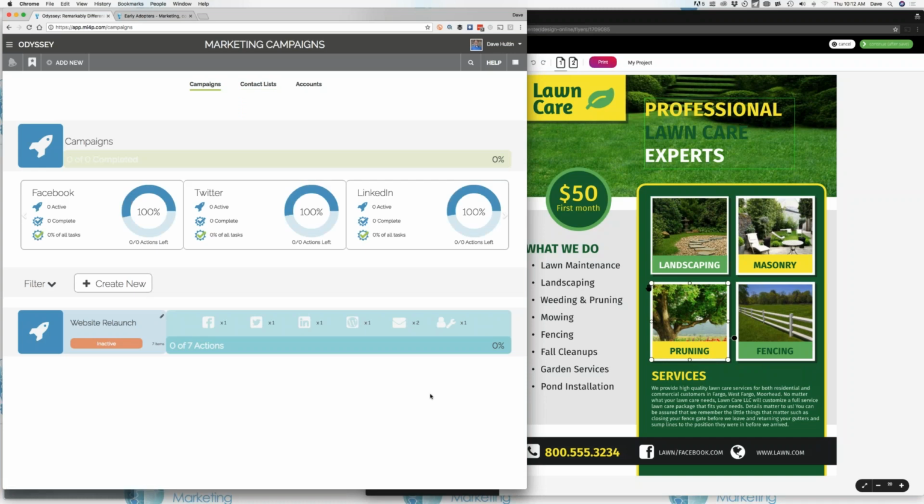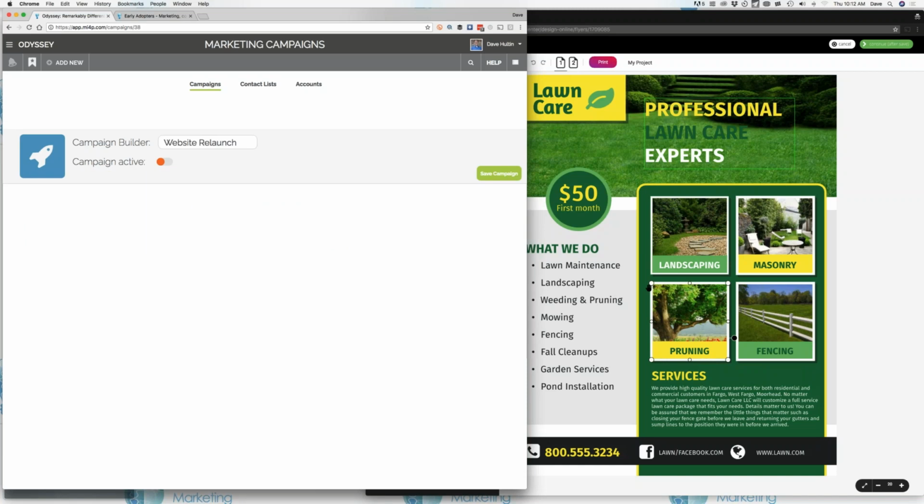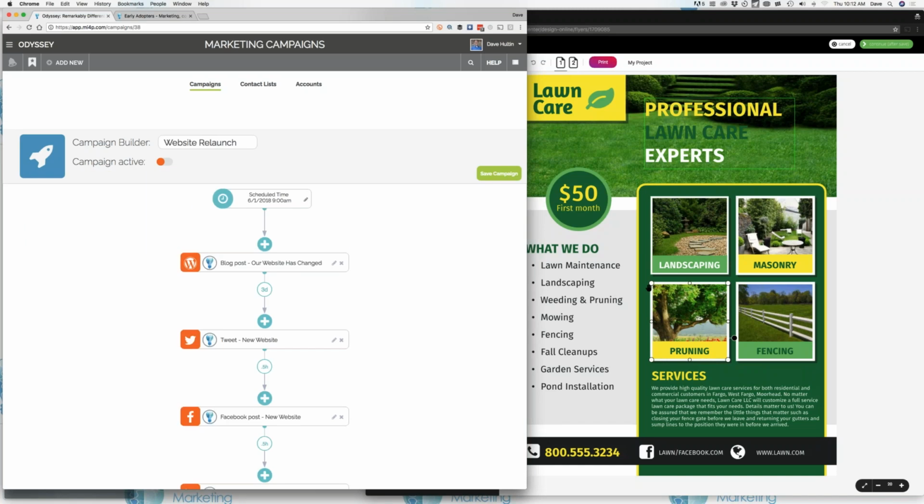And then here we get to where the magic happens, the actual campaign itself. Right at the top, we see some high-level information about what Odyssey is doing in terms of sending out the information or reminding you to do information. We drop down here and we'll look at this one campaign. You might have multiple campaigns, but I'll just pop this one open. And this is a website relaunch campaign. We've developed content to help you out if you are launching a website for the first time, but in most cases these days people have a website and just need to relaunch it. That's what this helps you do.